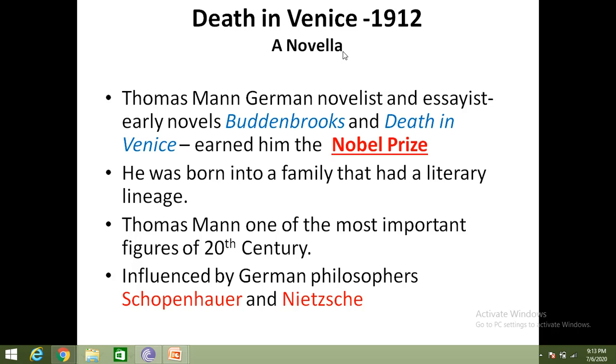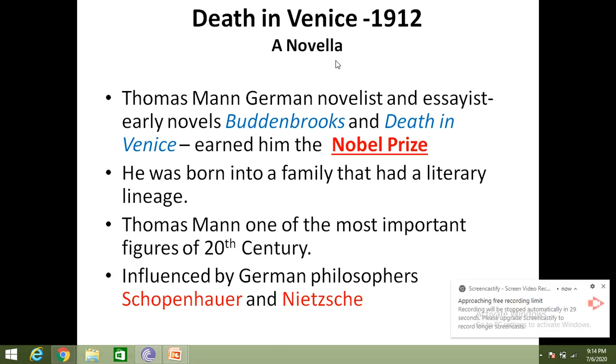On the boat, he meets a shabby, hunchbacked seaman, a man with a goatee and the mannerisms of a circus director. Aschenbach also watches a group of noisily laughing and joking young men on the boat, and upon closer examination of one of the more conspicuous ones, he realizes that those young men are not really young. Their rosy cheeks are painted, their hair is a wig, their mustaches are dyed, and their teeth are false. He wonders why people try to conceal their age with dye and makeup. He was irritated by the nature, and he